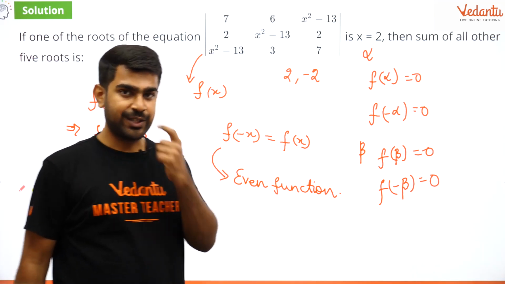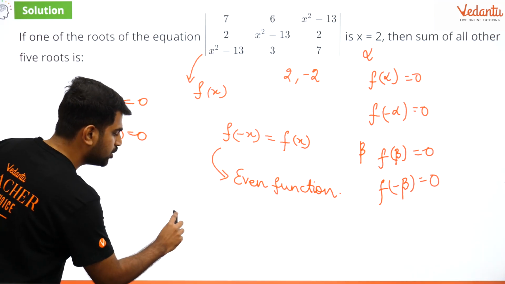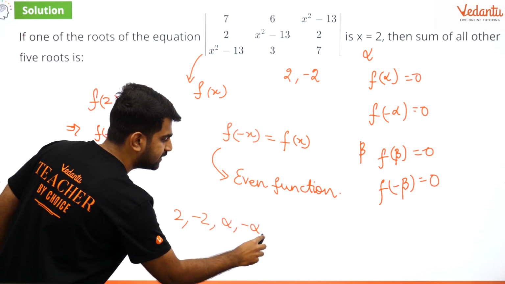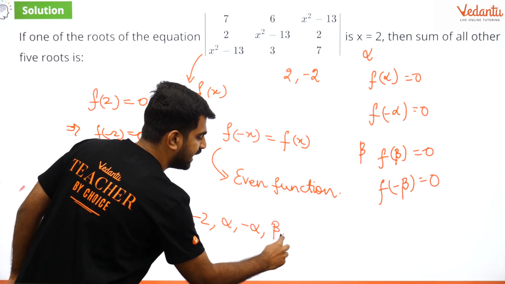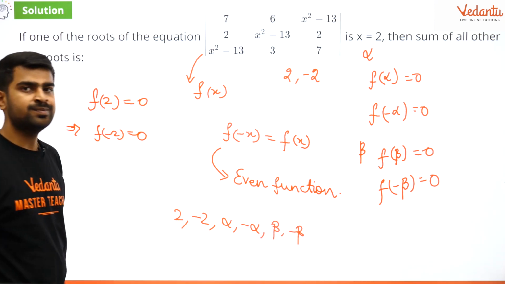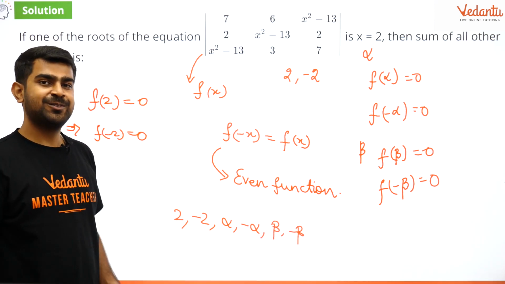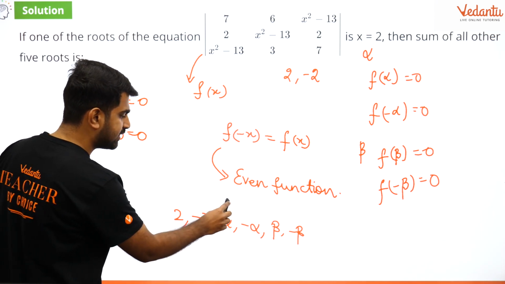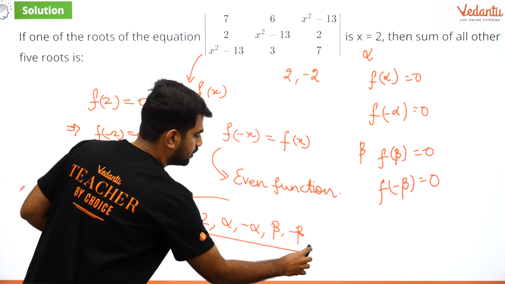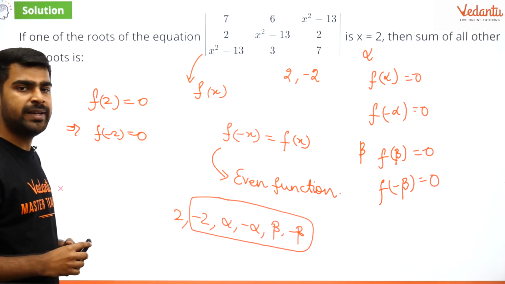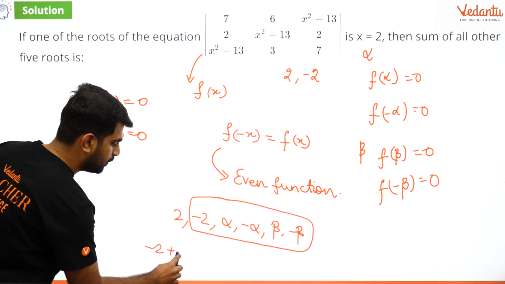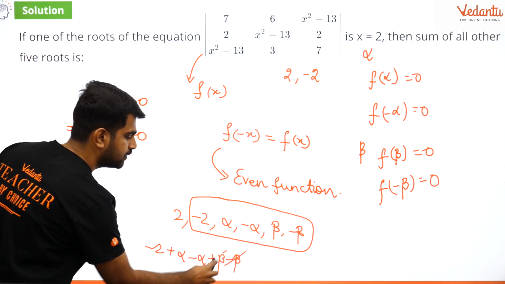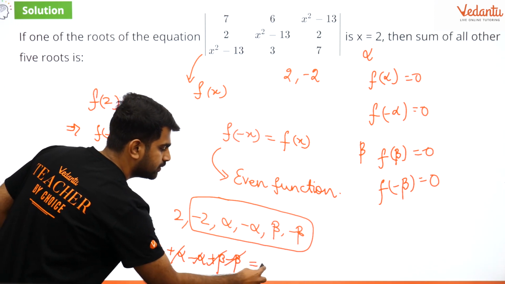Let us try to get the answer now. Okay? Perfect. So what are the roots? The roots are 2, minus 2, alpha, minus alpha, beta and minus beta. Okay, so now what is the answer? Any idea? So the answer for this question is going to be the sum of the other 5 roots. So the sum of the other 5 roots is going to be minus 2 plus alpha plus beta minus beta. So the answer is,